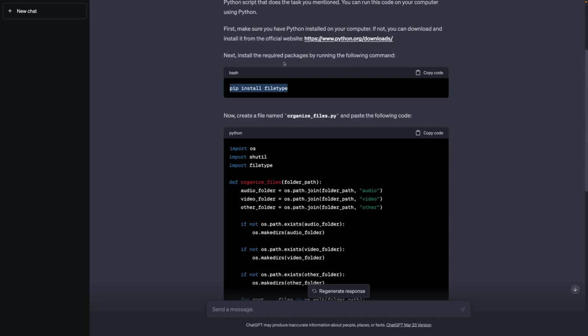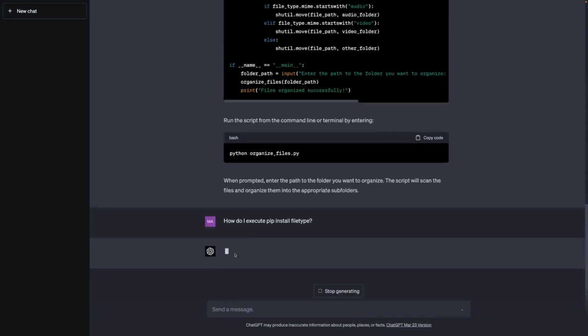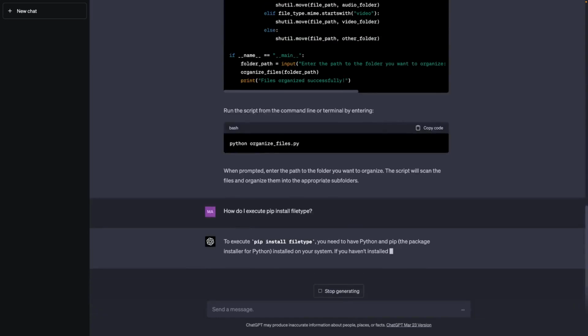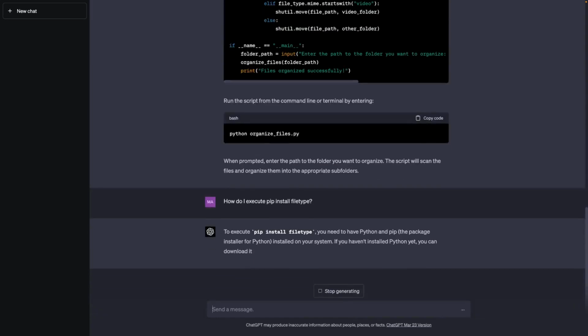Even though ChatGPT, in my case here, does not explicitly tell me that this command must be executed there. Therefore, if you have absolutely no programming experience, this could of course be a problem. It is a problem which could be resolved by asking ChatGPT though. How do I execute pip install file type? I could send this follow-up message where I ask how to execute pip install file type, and then it, in